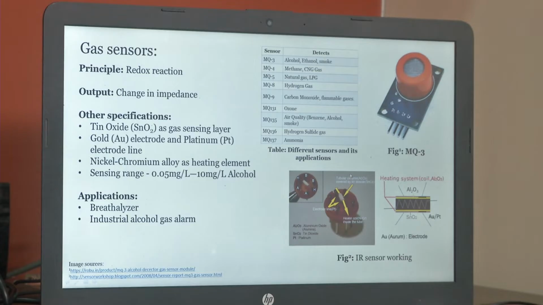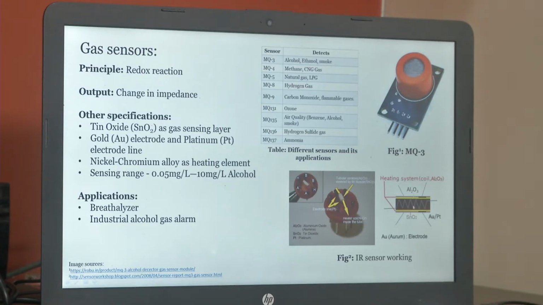So here the stannous oxide is the metal oxide that is causing the detecting phenomenon. So what happens is, when we expose the stannous oxide layer to alcohol, a redox reaction will happen, and a change in impedance also happens. Since a heater is over here, you can also feel that when you touch here while the sensor is in operation, there will be a small heating. I will demonstrate that also.